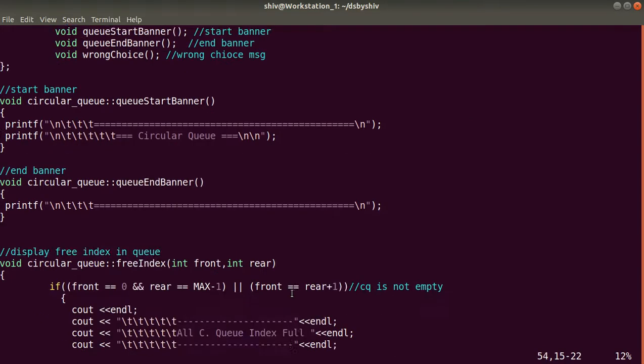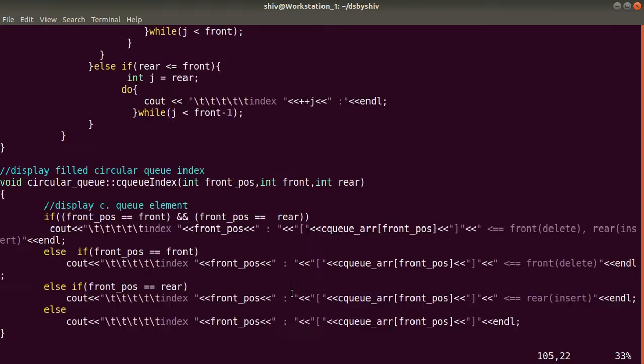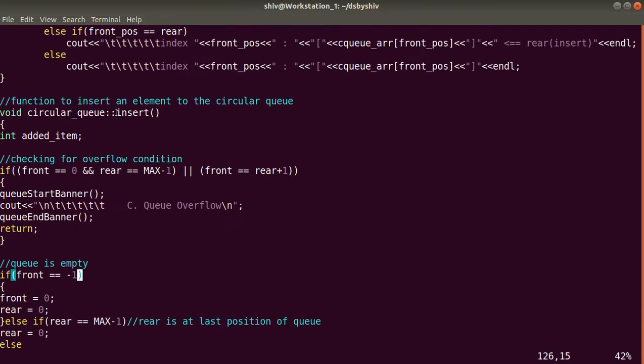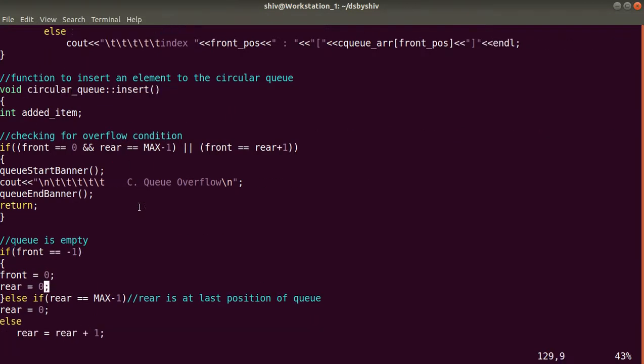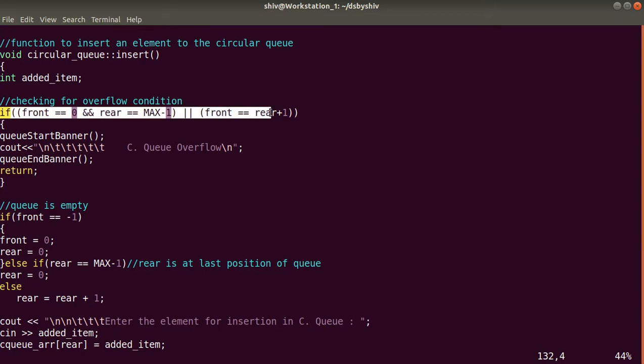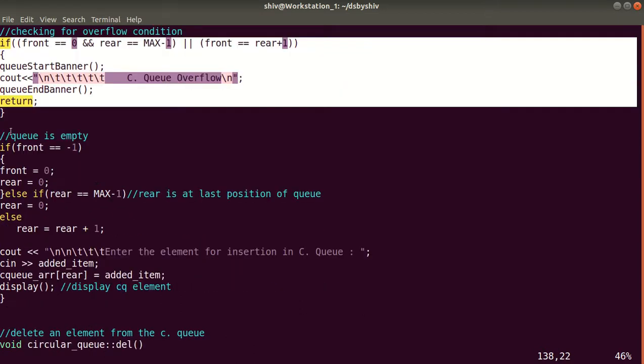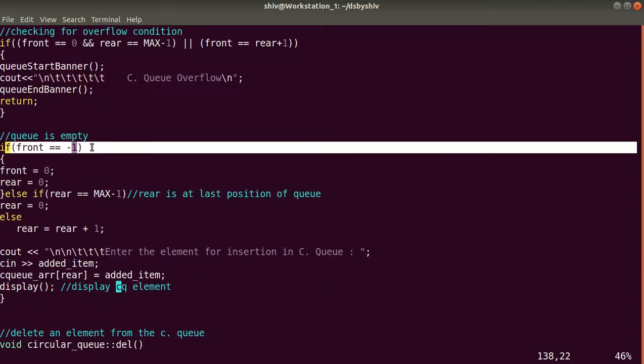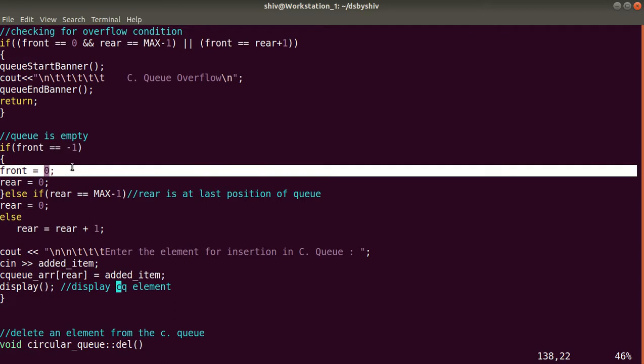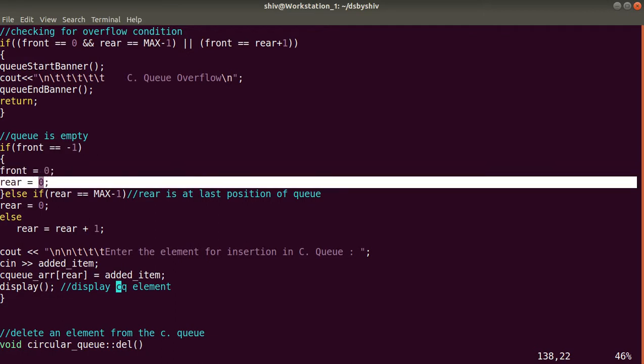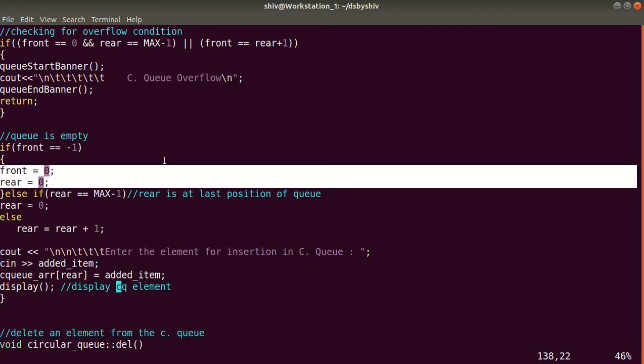Okay guys, so moving again to our insert method. This is our insert method. So if the queue is not overflow, then we will proceed. We will check if front is equal to -1, this means that the queue is empty. So we will initialize our front and rear variables to 0, so that an element can be inserted at the 0th index.